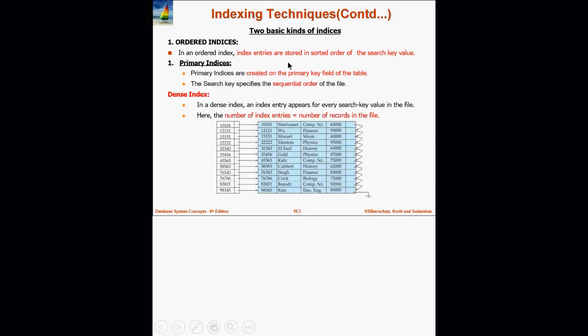So an ordered index is a way in which your index is going to be in a sorted way, or your key value is going to be in a sorted way. So ordered could be a primary or a secondary or a